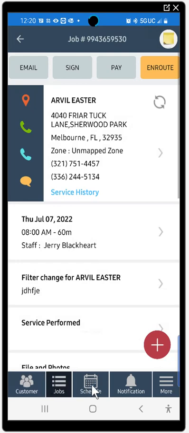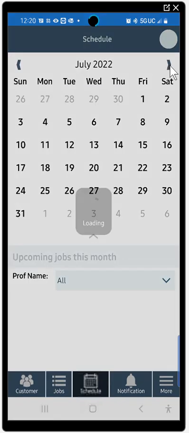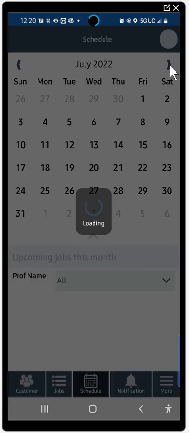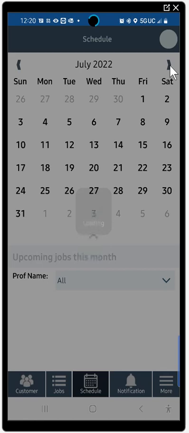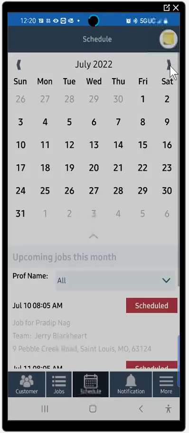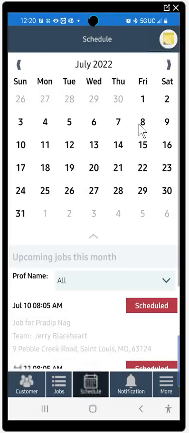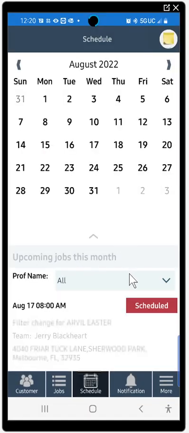So let's go to schedule. Let's see if this will work like I think it does. And 17th. Yep, there it is. So you'll see August 17th, everything's there, the job is scheduled. So any trips you add will automatically go there. Now let's go back to jobs,